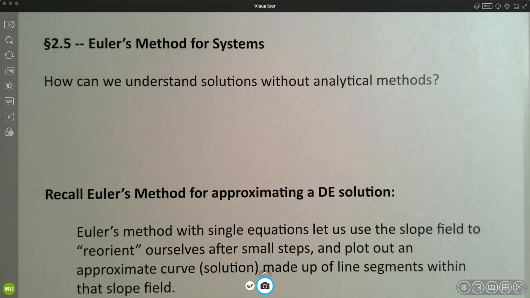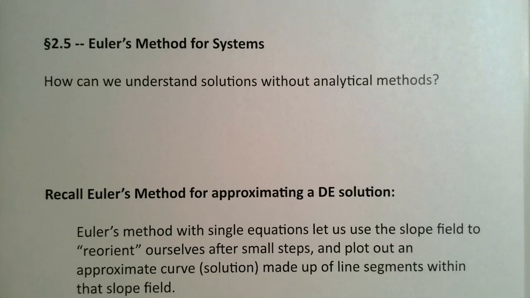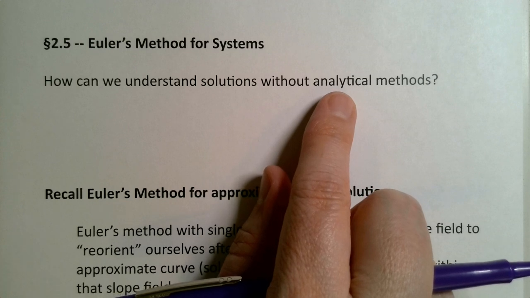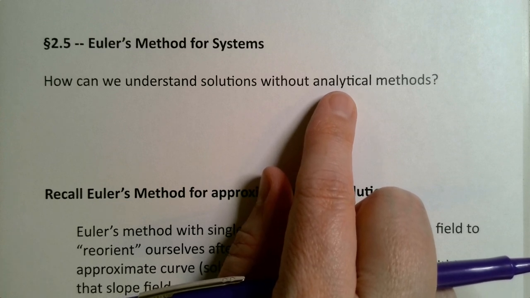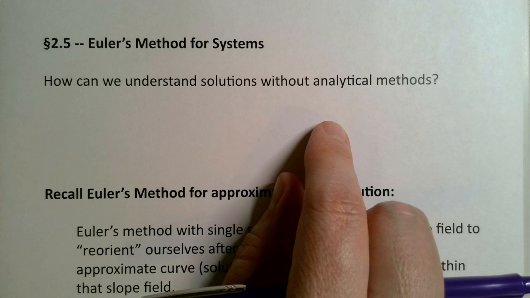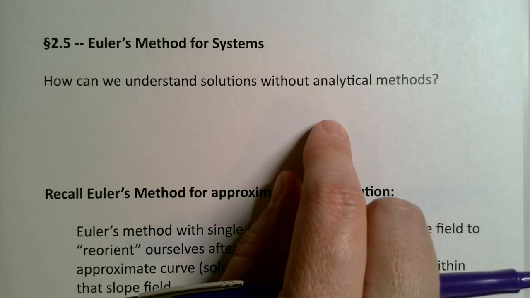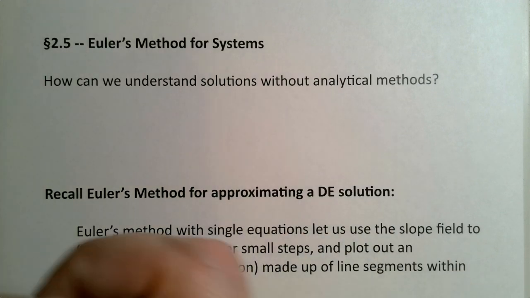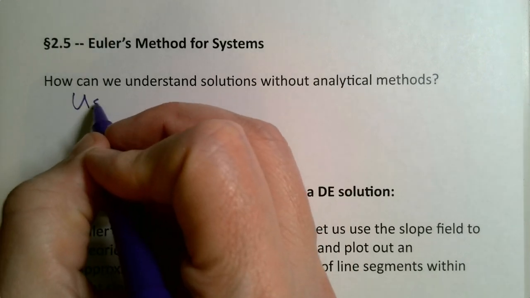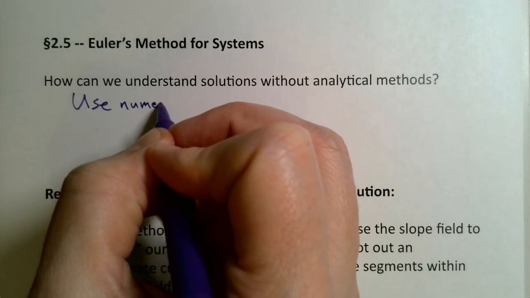Well, we've spent the last couple of sections taking a look at different ways of visualizing solutions. And so, how do we visualize, how do we understand solutions without analytical methods, without being able to solve things directly? Because that's not always possible. And of course, there's this third option that we investigated in Chapter 1 where we use numerical methods. So we can use numerical methods